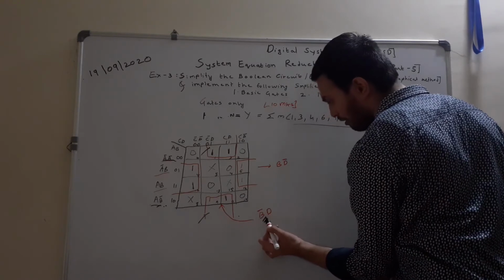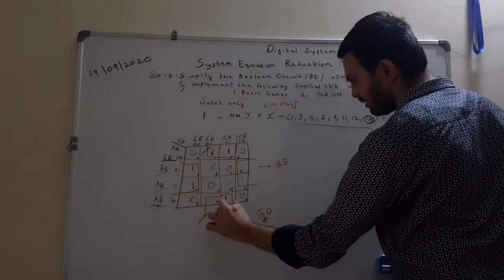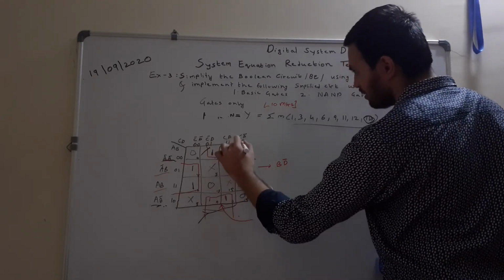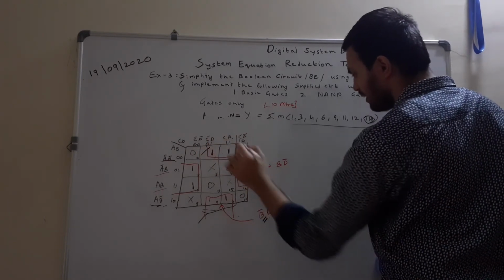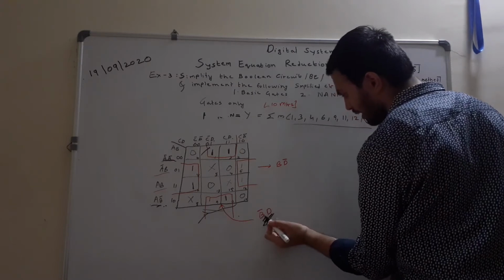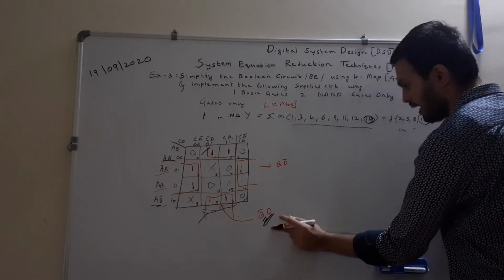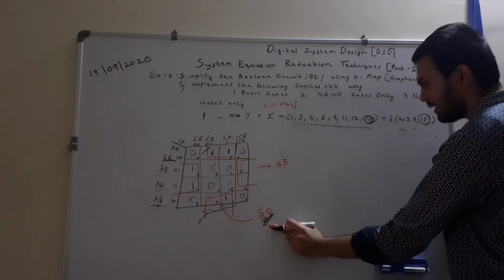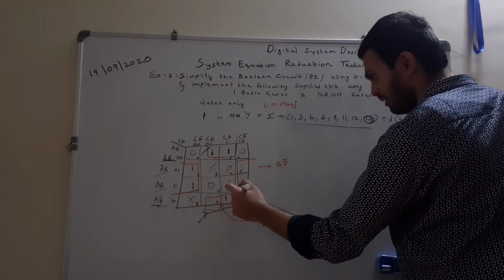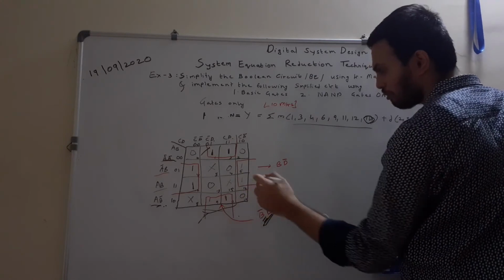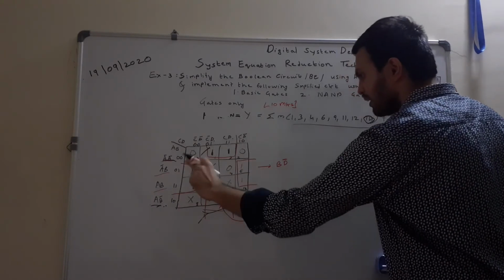So at the output of the quad we will get B bar, and then we check the two columns which are common for this quad, that is C bar D and CD. Here D remains constant. So from this quad we get B bar D, and we have eliminated two input variables, which are A and C. For this particular quad we get B bar D as the output. Now here another quad is formed, and as you can see don't care conditions are given, but it is not possible to group them anyway, so let them be as they are. Now we will study this particular quad.